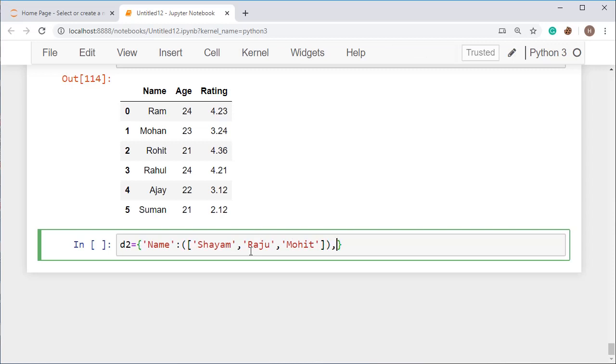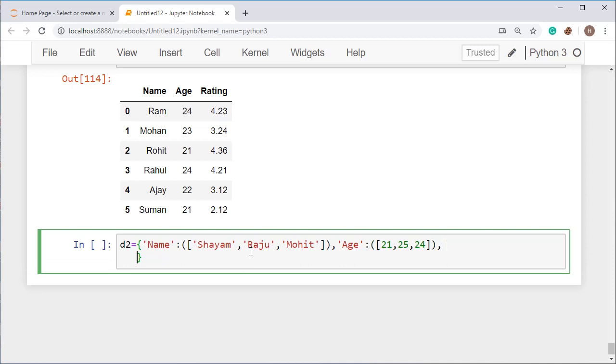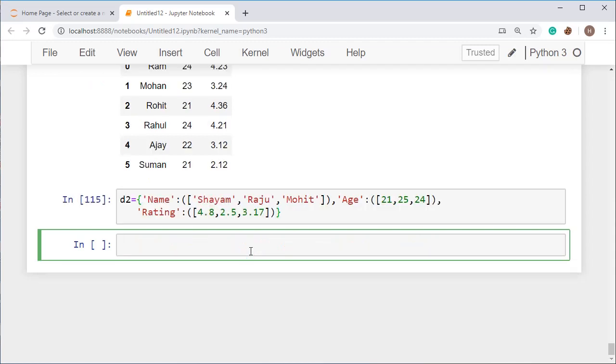Now I am taking the second key, age, and I am taking the values like 21, 25, 24. Now I am going to take the third one, that is rating, and I am taking the rating values as 4.8, 2.5, and 3.17. So I have taken the D2.